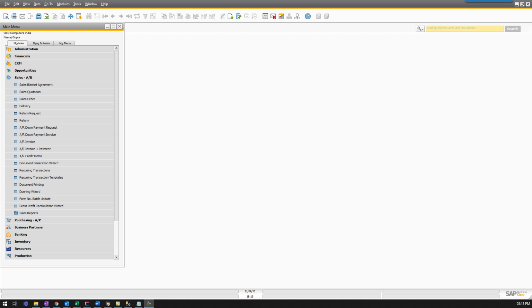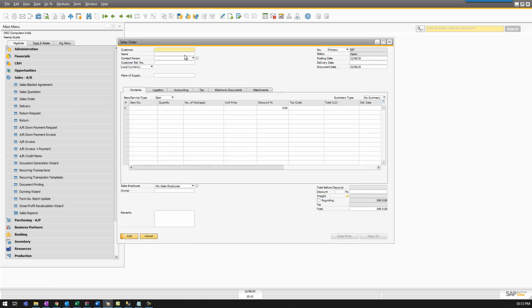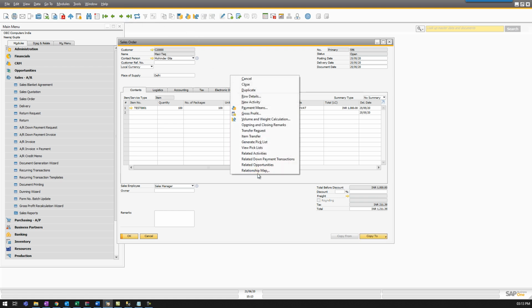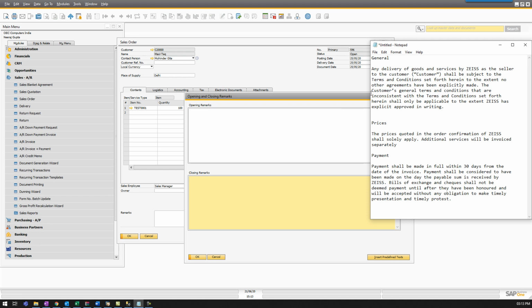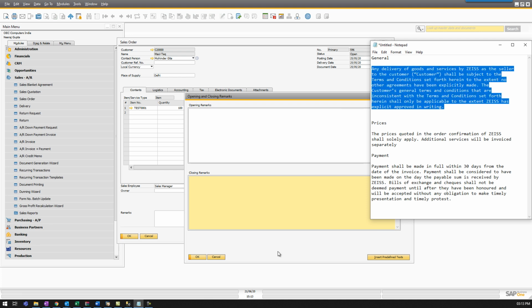Let's consider I am the sales user and I am creating a sales order, and during the sales order creation, suppose I want to maintain some closing remark on the document, so I go to the opening and closing remark, and I need to mention some terms and conditions which I have on the sales order and which are getting repeated on every order. So I need to copy all that information from somewhere,